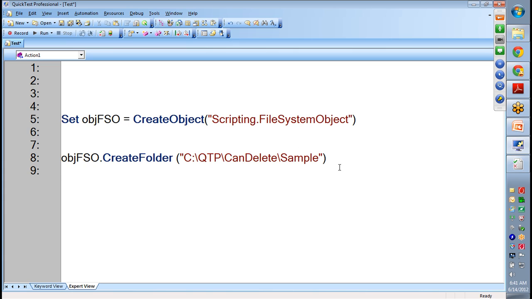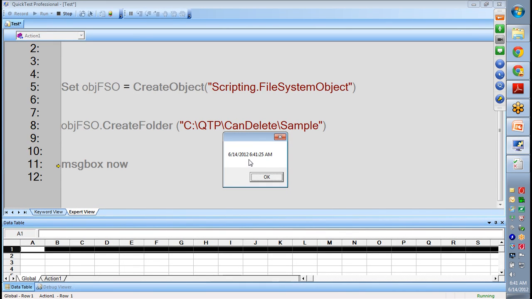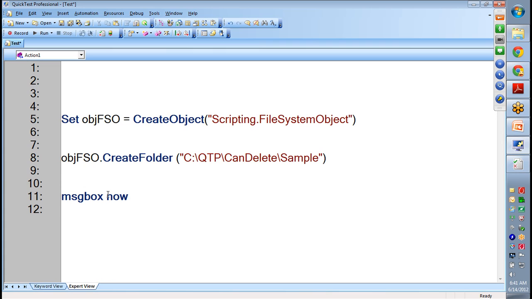So at that point what you do is go for a timestamp. The function now will return the current date and time. With the help of this, you can prefix or postfix your timestamp to sample, using ampersand for concatenating two strings. Ampersand, so year of now, and